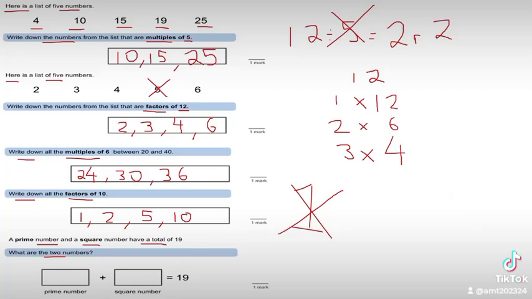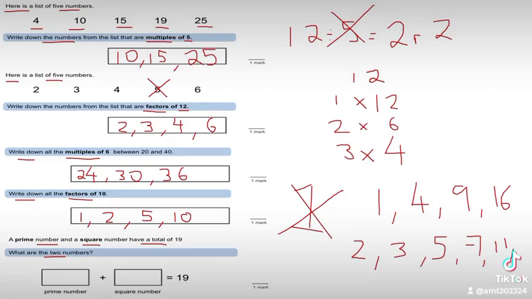So here, we've got a square number and a prime number. So square numbers will be 1, 4, 9, and 16. Prime numbers can be 2, 3, 5, 7, 11, 13, 17, etc. If you look here, 16 plus 3 makes 19, so 3 is prime, and 16 here